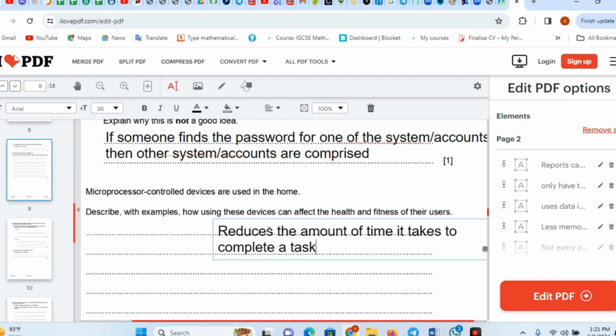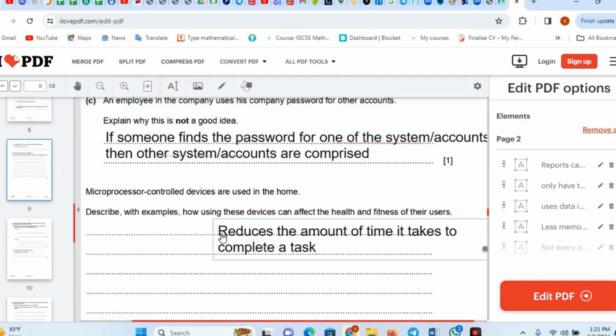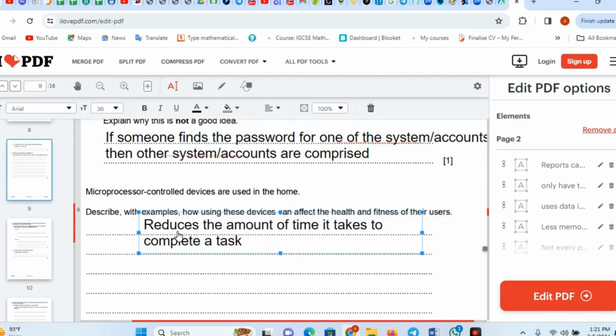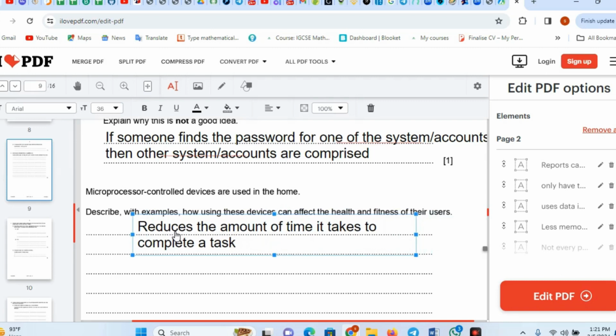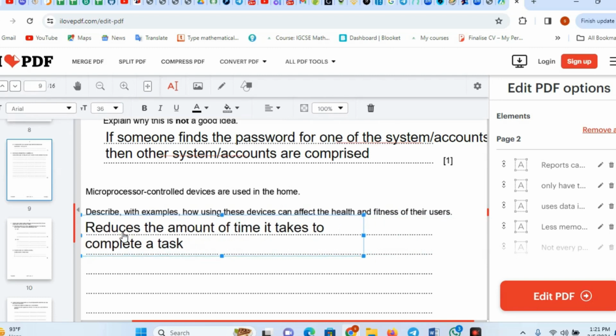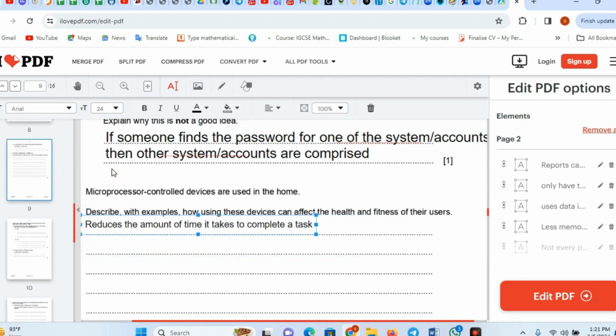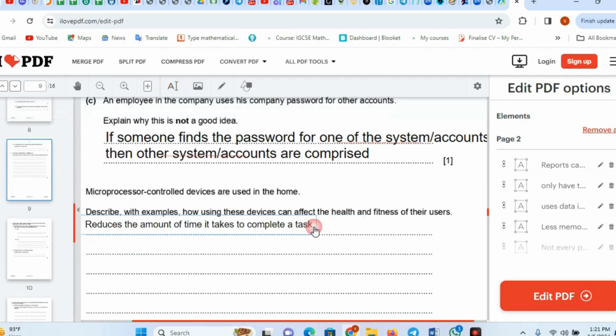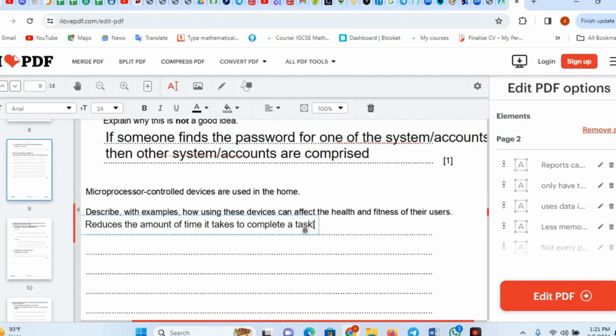It reduces the amount of time it takes to complete what? To complete a task. This is the what? The cause. Now let's have the effects. It reduces the amount of time it takes to complete a task. Therefore,